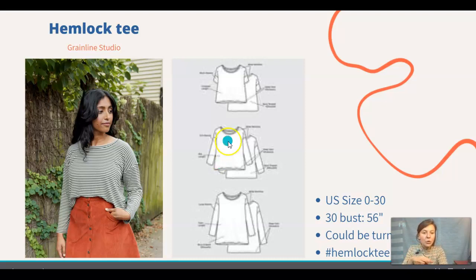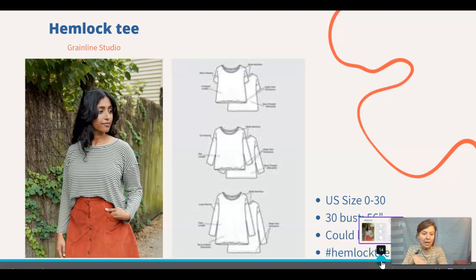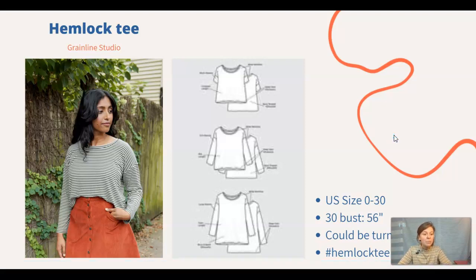Have a look online. So when you do your research, use the hashtag, the hemlock tee. So many people have made the hemlock tee, so I really recommend that you have a look. It'll give you a really good idea of what it looks like on different people, on different bodies, and in different fabric. Because that's the other thing about the Stretchy Sew Long, we're going to have great fun looking for different fabrics. And I would say this one, you've got the scope of making it in something really slouchy,